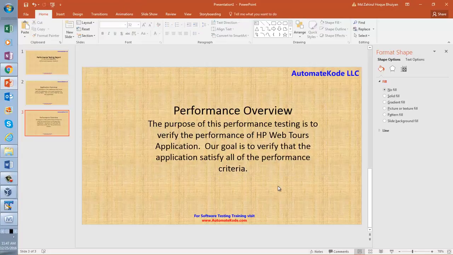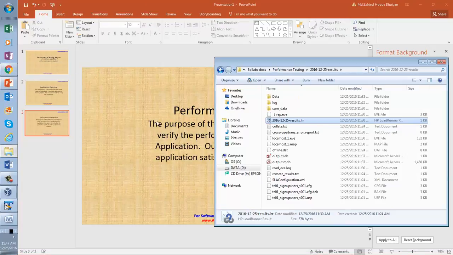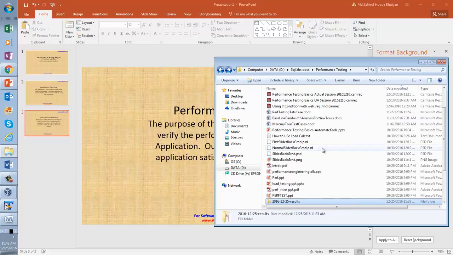Now we are talking about performance criteria. What is this performance criteria? Any idea? So which you will perform the application?